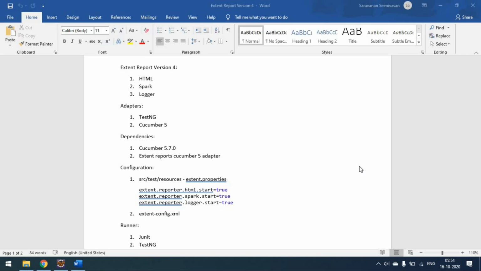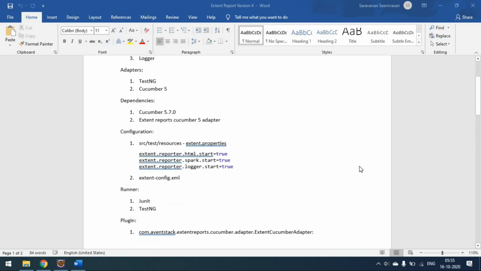And at the adapter level, we already covered how to use the TestNG adapter. Now we'll see it for Cucumber and the respective dependencies. For Cucumber you have to make sure the Cucumber dependencies you updated in the pom.xml are version 5.7.4. We additionally have to add the Cucumber adapter to generate the Extent Report. Those are the dependencies.